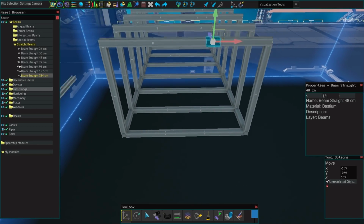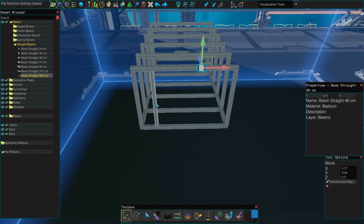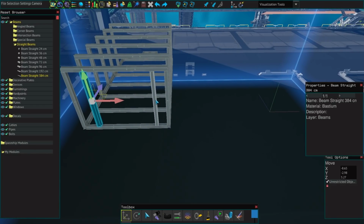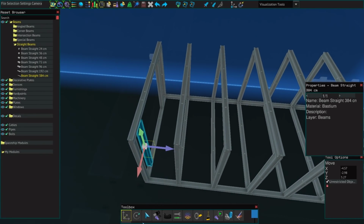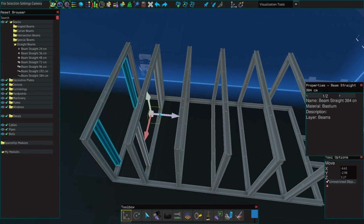So then I'm gonna take one of these. Let me see if I can. This may be a little too tall. Ah, it's not. Okay, cool. So I'm gonna put one here, and I'll put one here, just like that. All right, this is like, in terms of design, just kind of like trying to make sure that we have, you know, foundation. Physics does actually exist in this game, so, you know,